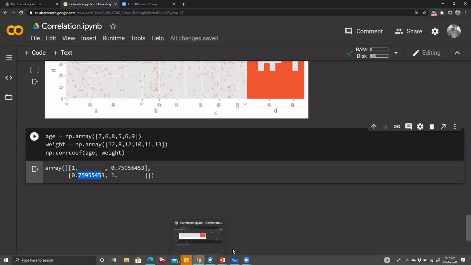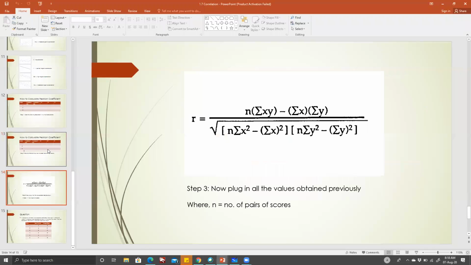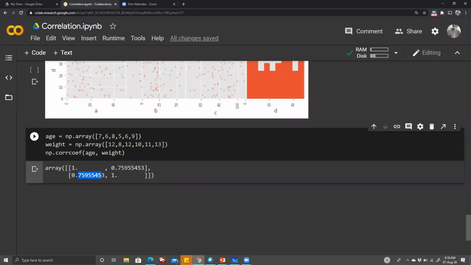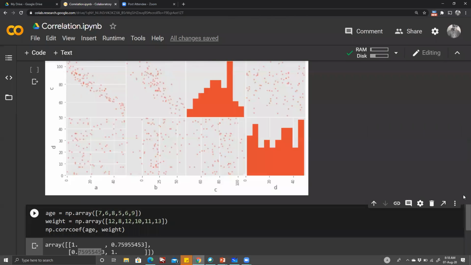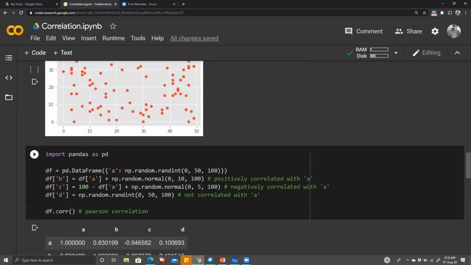How many people have gotten this answer already? Yeah, I got exactly this, 0.75. Of course, if you do the maths, you should get exactly this answer. So now you know how to calculate correlation, although it's a very rare chance that anyone is ever going to ask you to calculate things like this. You can always remember that in NumPy, you will run a correlation coefficient function, and it is simply called the corr function in pandas. So you just need to convert the data into either pandas or NumPy and you can get the Pearson correlation coefficient immediately.